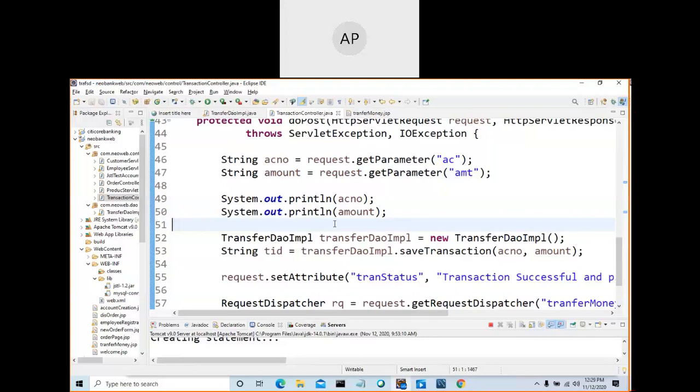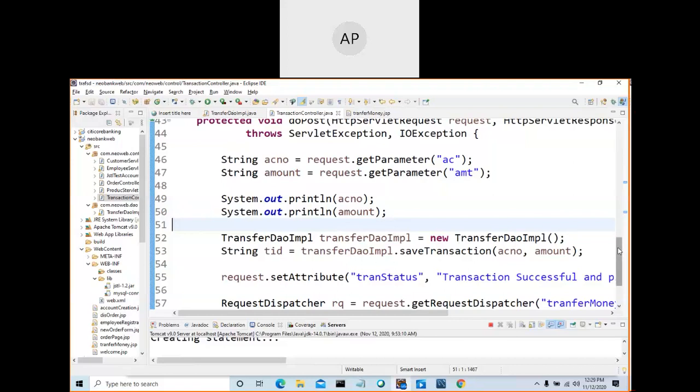That is, you create a class. We call it a service layer. You have a service layer, a DAO layer and a controller layer. This is the controller layer and a JSP view layer. Your servlet is the controller layer; for business logic, write a separate class, and for storing in the database, write a separate class.